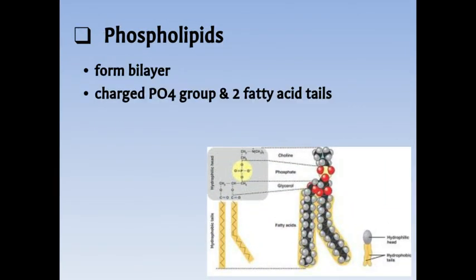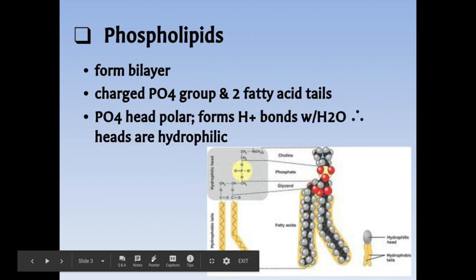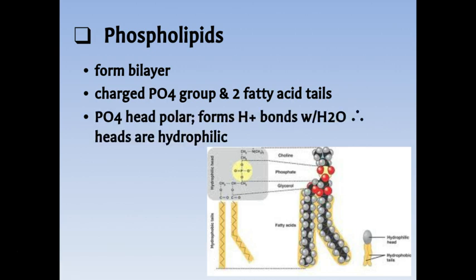The phospholipid consists of what we call the phosphate head, which is the phosphorus with the four oxygens here. That's the PO4 group, and two fatty acid tails here. The phosphate PO4 head is polar, and it's going to be attracted to water and form hydrogen bonds with the water, both on the inside and outside of the cell. So the inside aqueous solution and the outside extracellular fluid,